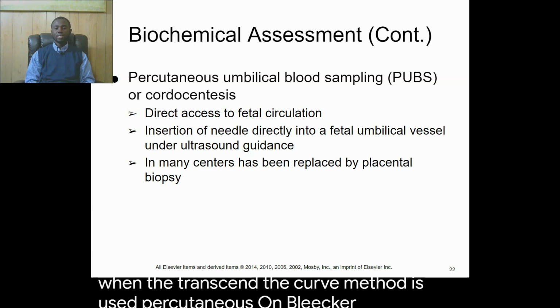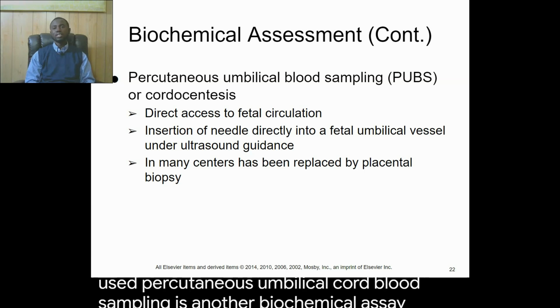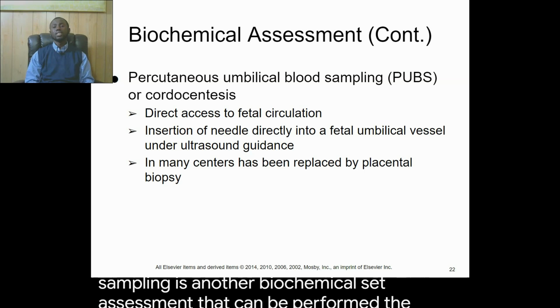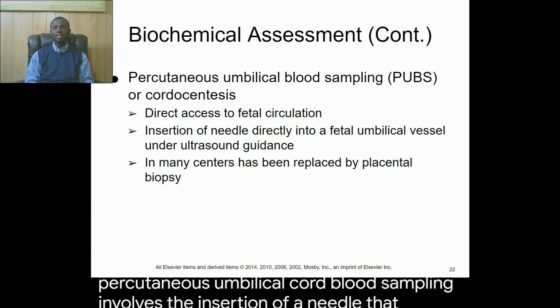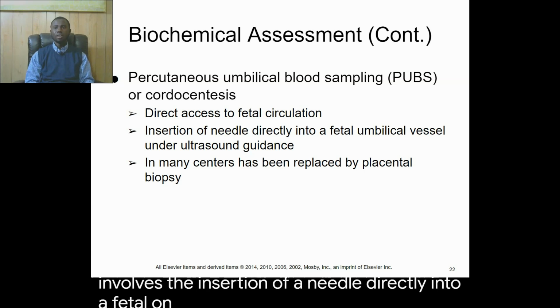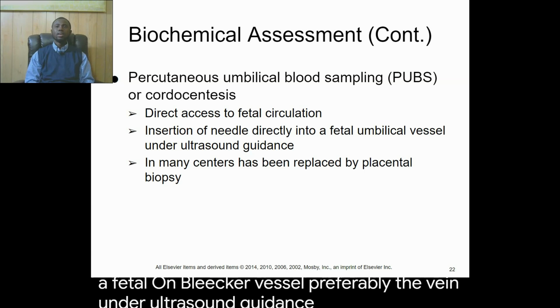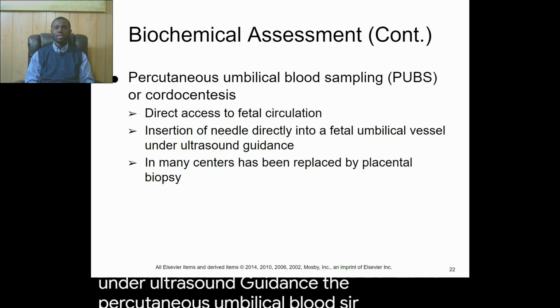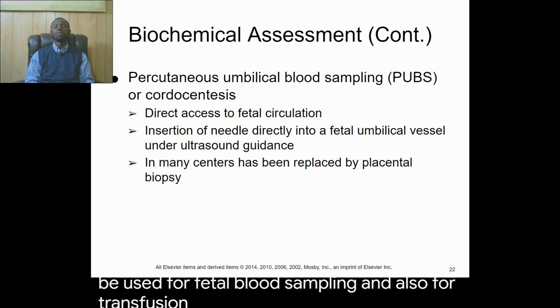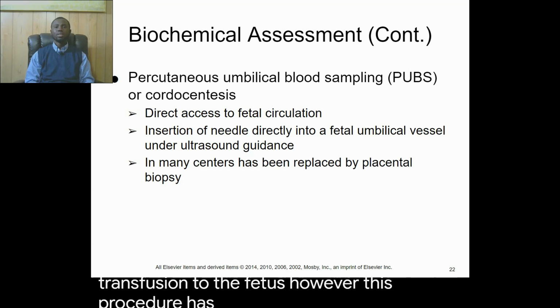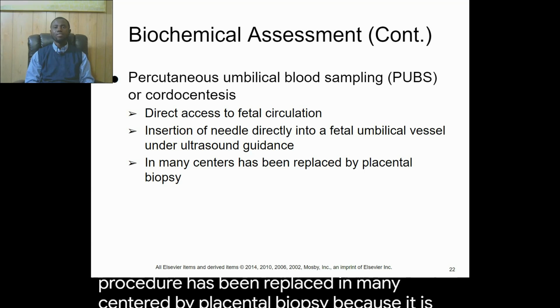Percutaneous umbilical blood sampling is another biochemical assessment that can be performed. The percutaneous umbilical blood sampling involves the insertion of a needle directly into a fetal umbilical vessel, preferably the vein, under ultrasound guidance. The percutaneous umbilical blood sampling can be used for fetal blood sampling and also for transfusion to the fetus. However, this procedure has been replaced in many centers by placental biopsy because it is safer and easier